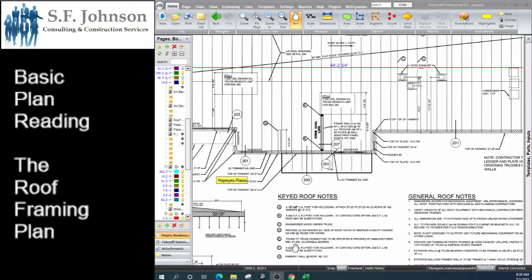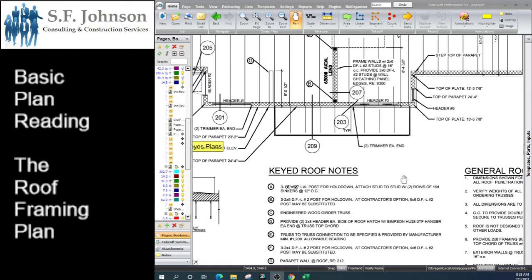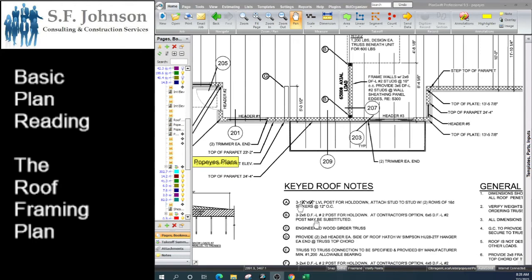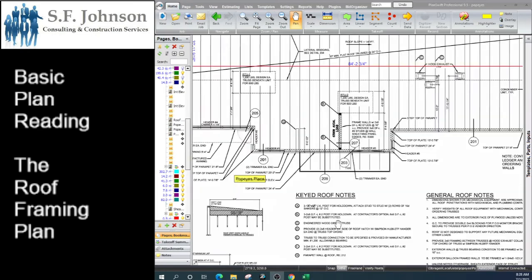So keyed roof notes. Here we go. A's are 3. So we sandwich them together. 3, 1 3/4 by 5.5 LVL posts for hold down. Attach stud to stud with 2 rows of 16d sinkers at 12-inch on center. And so these are all of the posts. In this case, you would count how many posts you would need of the particular height. And so wherever you have B's, you have 1, 2, whatever, and go all the way down and identify everything